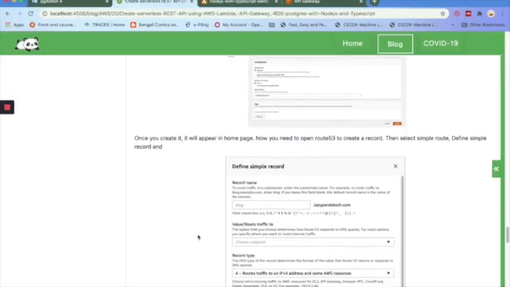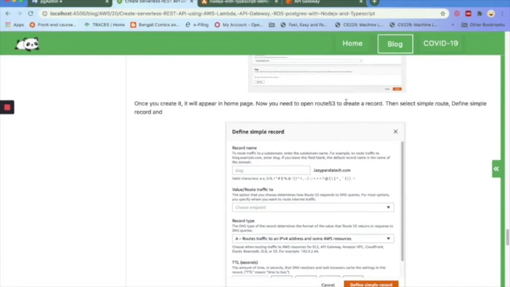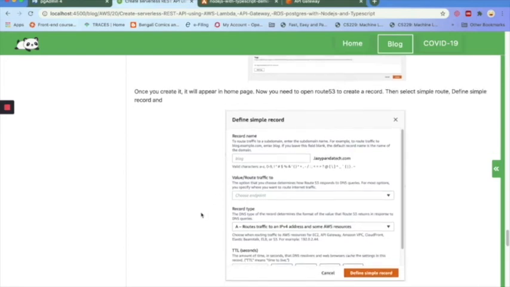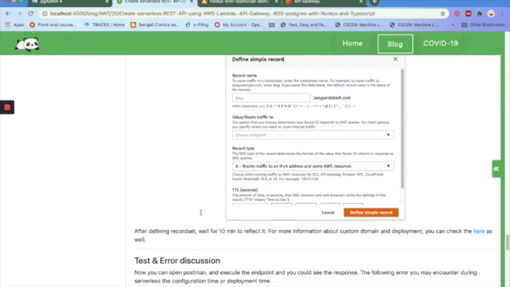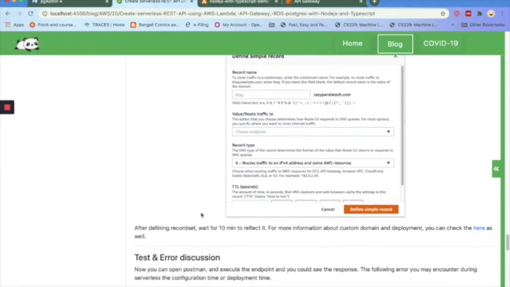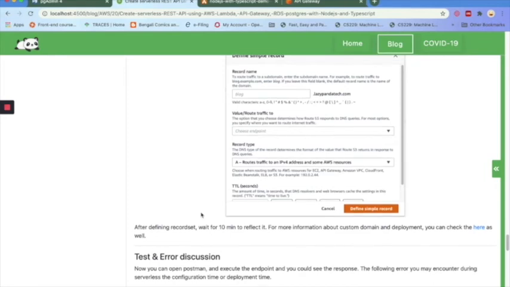And for subdomain creation, you need to check in Route 53, and in Route 53 you can create one record, and associate that record with your parent certificate. If you have any certificate installed for any custom domain, you can use the same certificate, or else you can proceed with the AWS provided certificate as well. Once you create that record set, it might take around 5 to 10 minutes to reflect, but after 5 or 10 minutes, whenever you see it is available, you can access it from your Postman